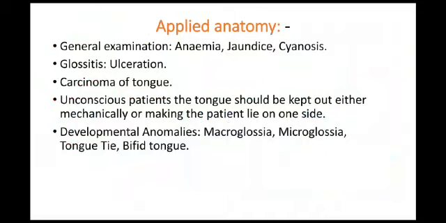So, coming to the applied anatomy, just by examining the tongue, we can rule out anemia, jaundice, cyanosis. Apart from this, we can also see various other aspects such as ulceration of the tongue, which is called glossitis,